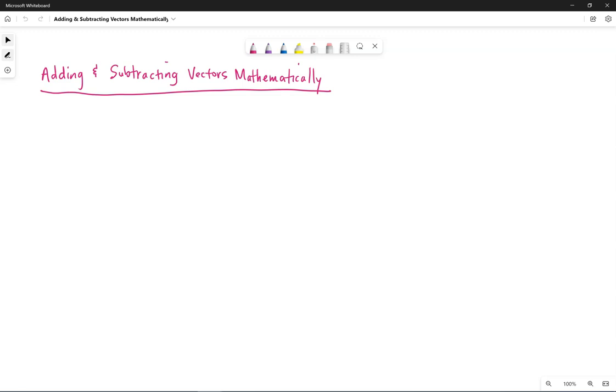This video continues the addition and subtraction of vectors. We're going to talk about how to approach this mathematically. Now, drawing a picture is good. Let's say we have a vector A,